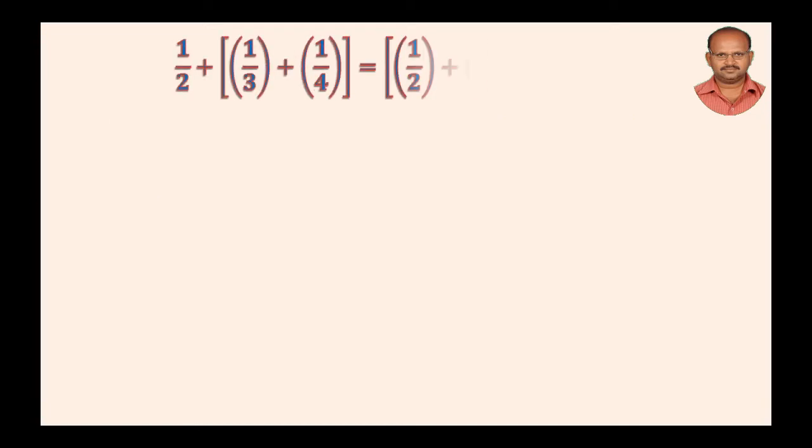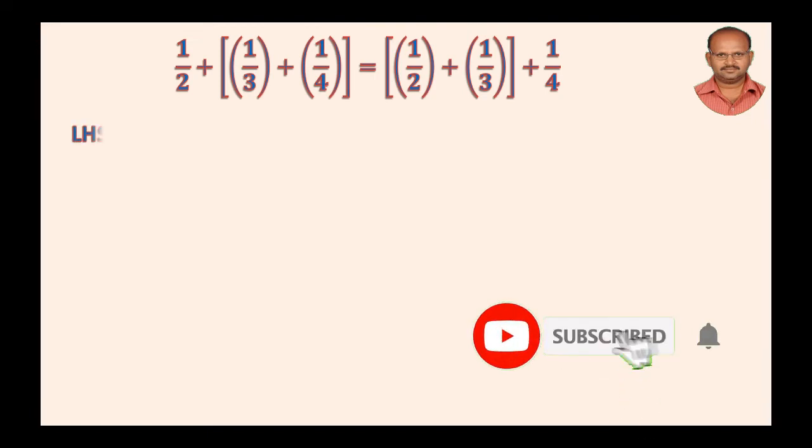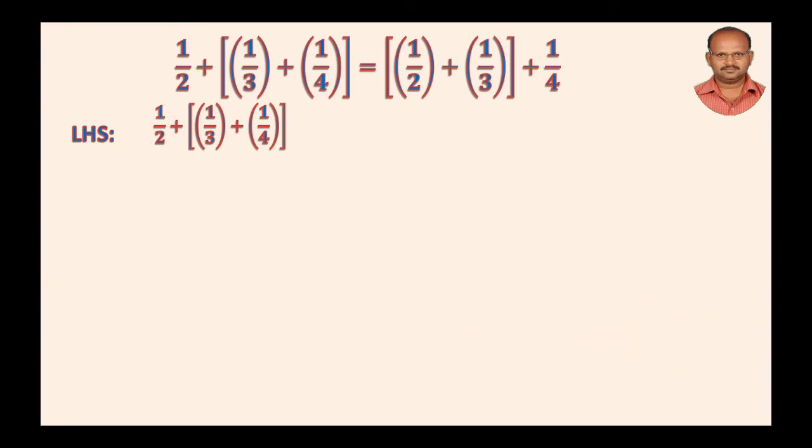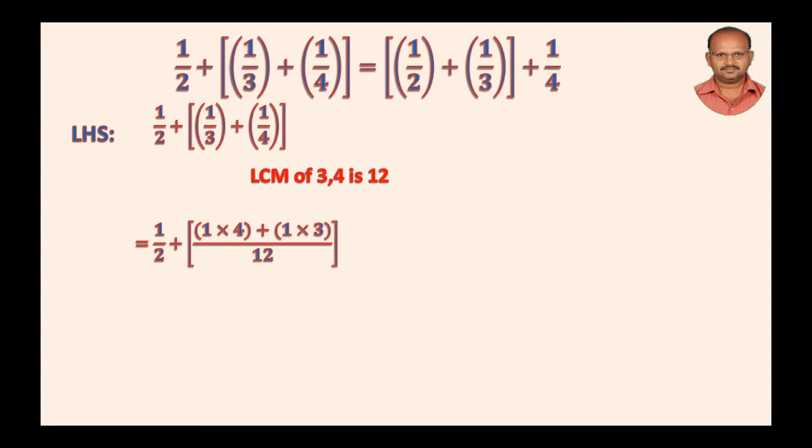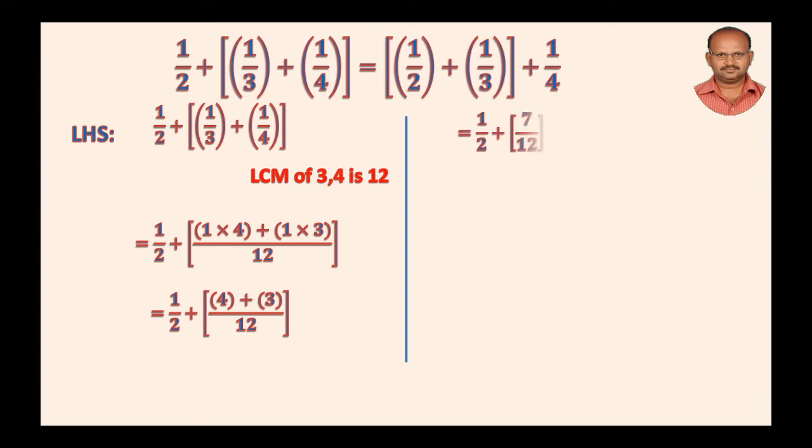LHS is equal to 1 by 2 plus within brackets 1 by 3 plus 1 by 4 bracket close, then here LCM of 3, 4 is 12, then that is equal to 1 by 2 plus bracket begin 1 into 4 plus 1 into 3 upon 12, that is equal to 1 by 2 plus bracket begin 4 plus 3 upon 12 bracket close, that is equal to 1 by 2 plus 4 plus 3 is 7 by 12,